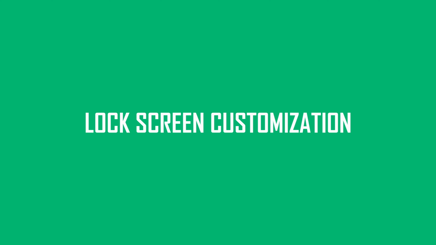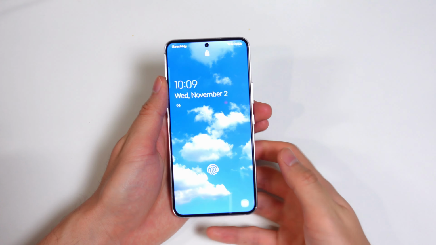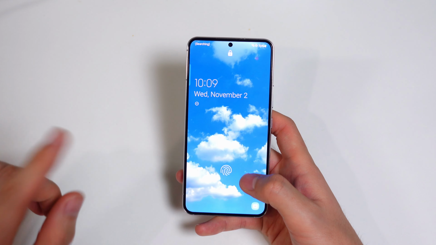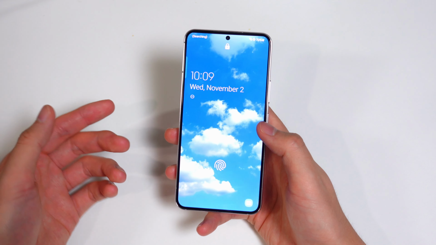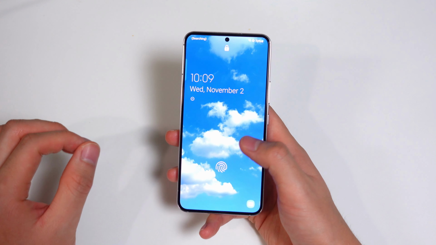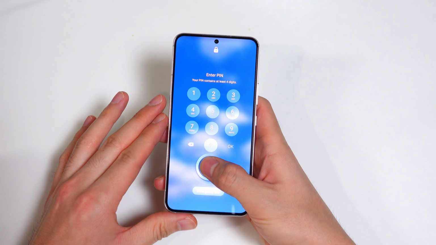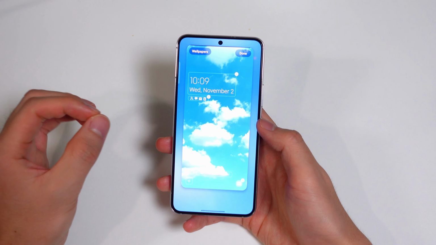Since we're at the lock screen, let's just talk about that first. So Samsung's always provided a lot of customization options on Galaxy devices for the lock screen. It's always been a thing, but they're making it very easy for you to access those settings without having to go deep into the settings and the lock screen options. So once you're at the lock screen right here, you just hold it, and if you have a lock, you just unlock your phone, and then you get all these options to change the many elements in your lock screen.